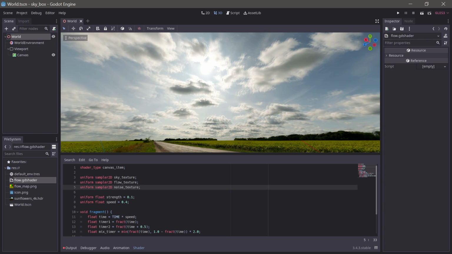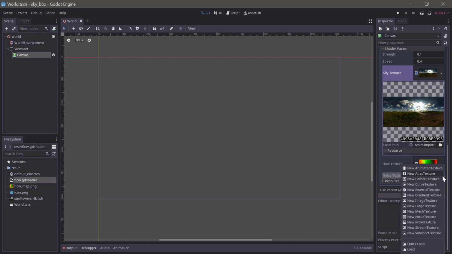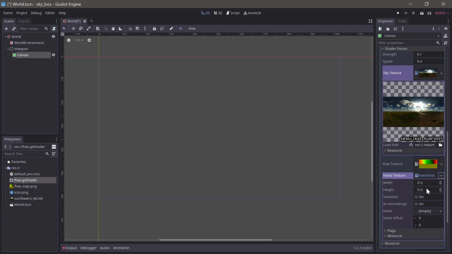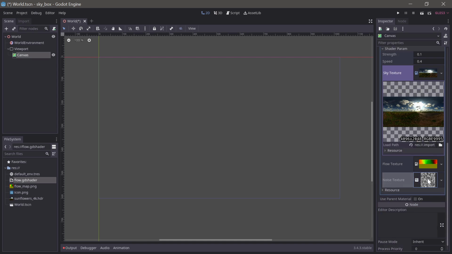And for the noise texture, you don't really need anything special. You just need some low frequency noise. So we'll just use the simplex noise that comes built into Godot. If we go over into the canvas and noise texture, we will just assign a new noise texture. 512 is fine. We need it to be seamless, and then a new open simplex noise. We'll set it to only have 1 octave and a period of 32, and that looks fine